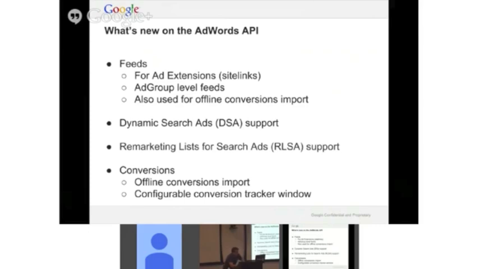New things that are coming around are feeds. This is a concept that is pretty flexible. It's the way that AdWords is now starting to let you put data into the system, which is much more flexible. For example, for the new ad extensions, such as site links, to populate these site links, you feed the system with these feeds. At the end of the day, these are just files, but it's much easier to upload data